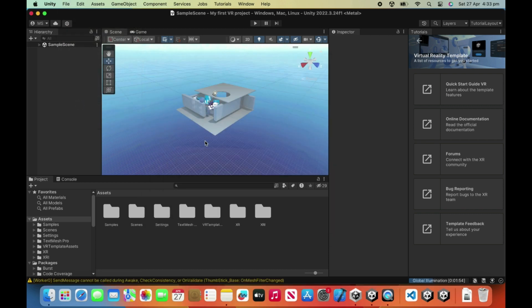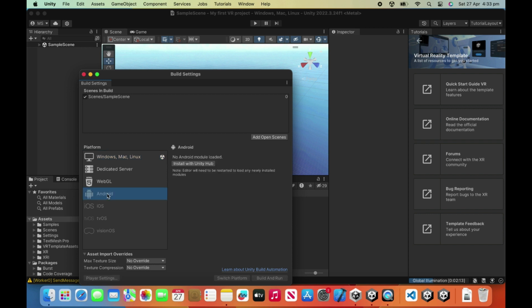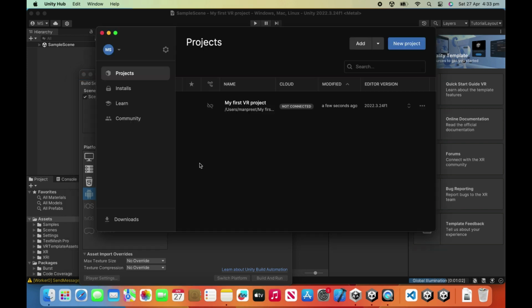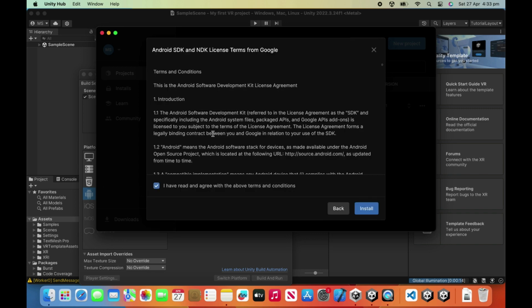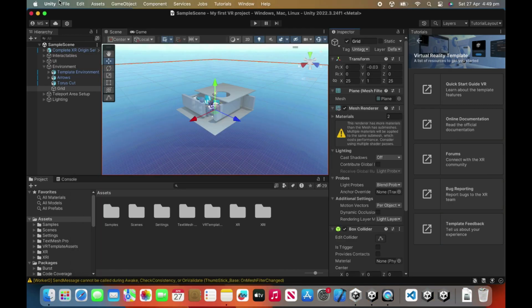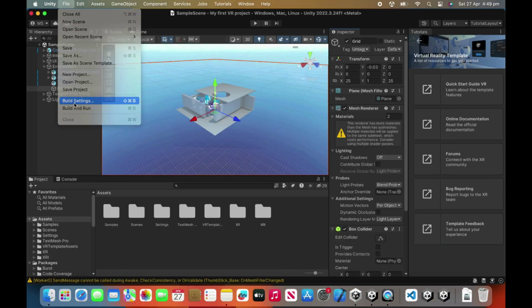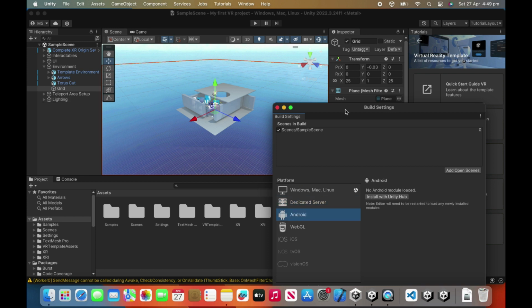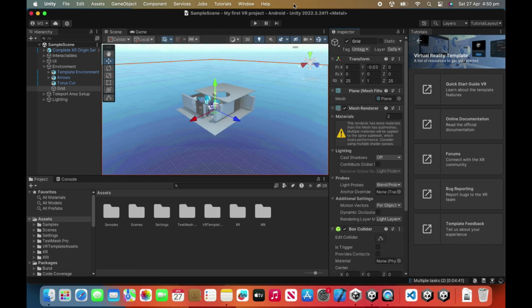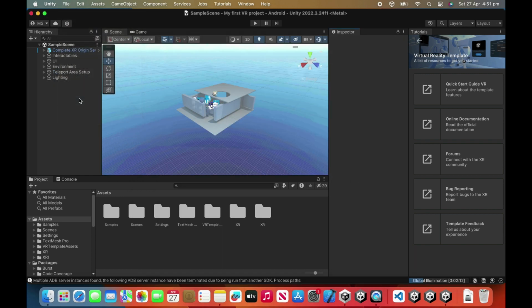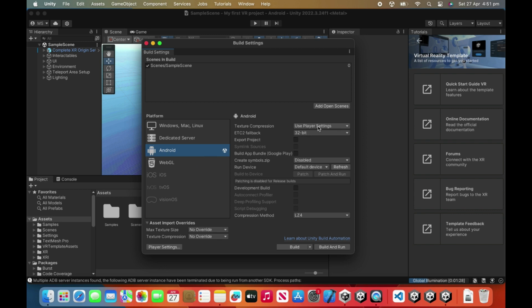Now if we click on File and then Build Settings, we have to switch our platform to Android for VR if we want to run the build on the Meta Quest. But I think it's not currently installed, so I'm going to go ahead and install the Android and associated files and tools. After that, if we go to the Android platform, you have to reopen your editor, and if we click on Android,